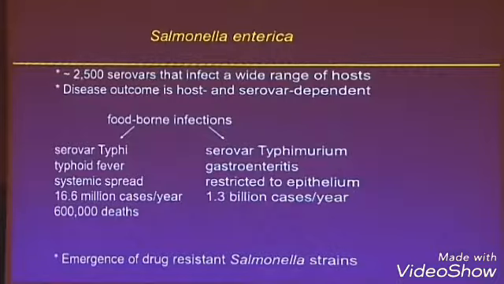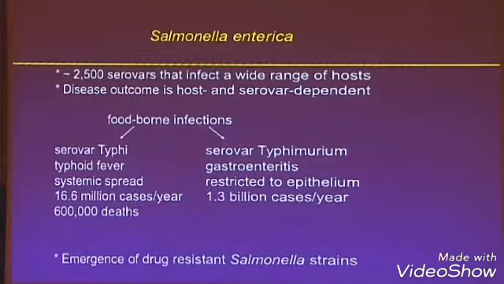So the concept is we'll talk about Salmonella and its interactions with the host, and one of the concepts I want to drive across is that depending where the organism is, you have different kinds of disease and different kinds of interactions with the host. Just to remind us, Salmonella is a foodborne infection. There are two flavors of infections in people: the systemic typhoid-type fever that you see mainly in developing countries, and the non-typhoidal Salmonellas, the gastroenteritis, nausea, vomiting, diarrhea that you see pretty much around the world, the food poisoning type Salmonella.